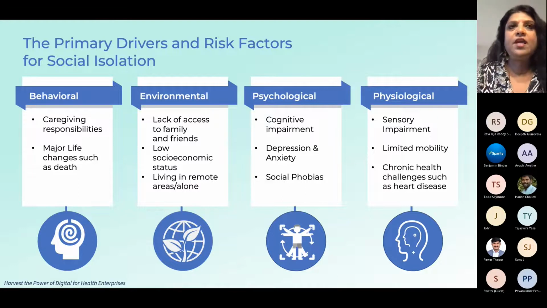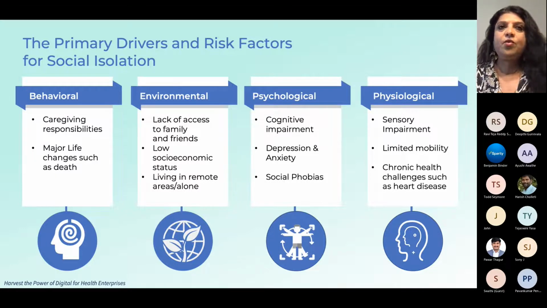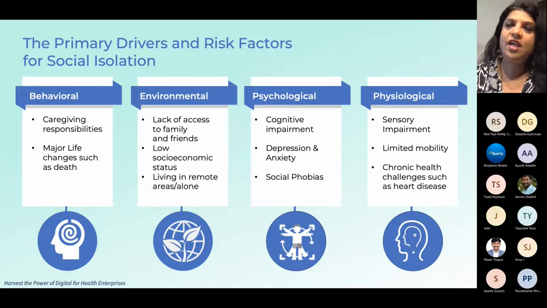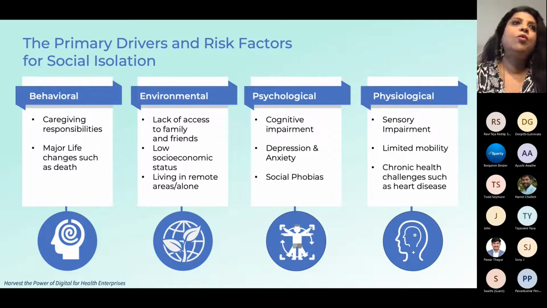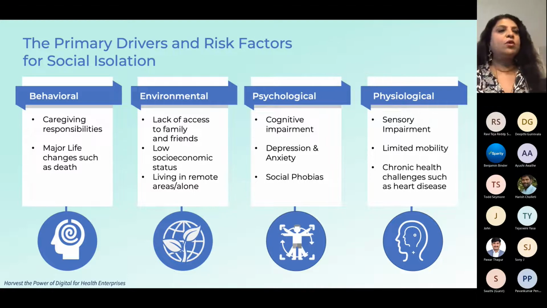So in the behavioral piece, one of the main trends that we noticed, especially in the countries which are aging in nature, for example the United States or China, or any of the countries where there's more aging population, is that the older you grow, the longer you live, the more you have to take care of your elderly at home, and then you're also taking care of the younger individuals at your home. So the caregiving responsibility spans 2-3 generations. That adds to the burden, physical and mental, on an individual.